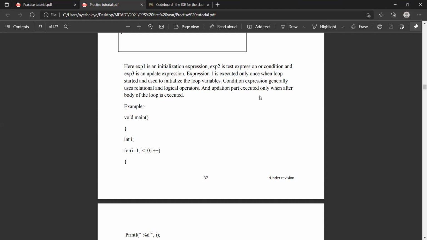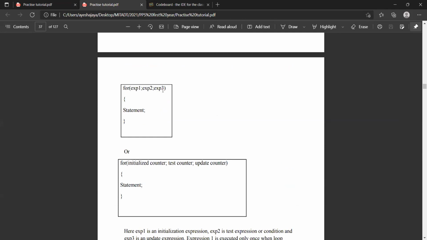Similarly, the updation part, that is the third statement, is executed only after the body of the loop is executed. So the third expression is generally dependent on the second expression. If the second expression is true, then the third expression will be evaluated. If the second expression is false, then it will come out of the loop, these curly braces, and expression 3 won't be evaluated.